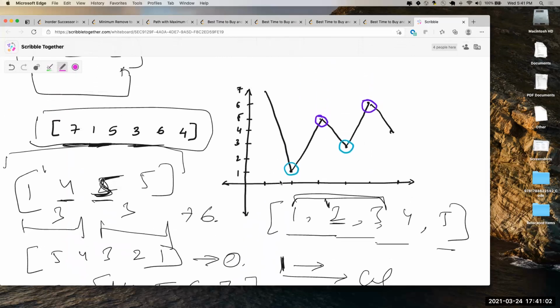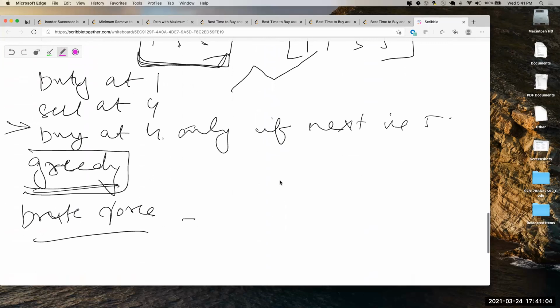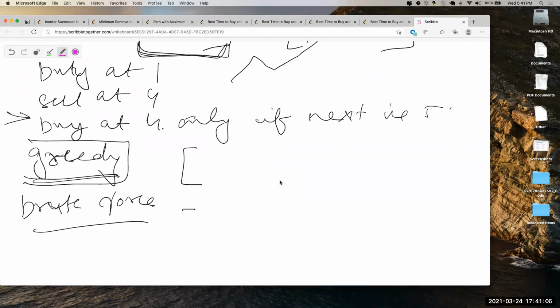Yeah, let's come up with a test case then. Give a test case. Like, give some random numbers. Tell me. 1, 2, 7, don't go so high. Let's say this is 4, this is 5, 6, and 4. So what's the answer here?